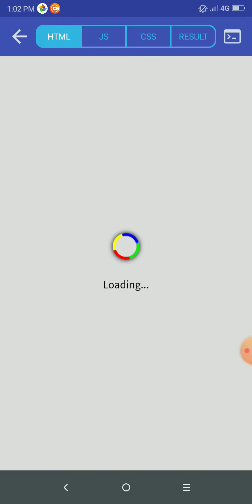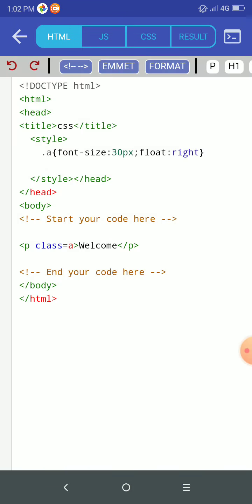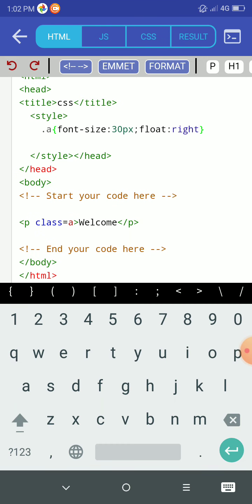Now see, here I have written a simple example, that is welcome, and I have taken the A selector, that is a class, then font size is 30, float is right. Again I am using one more extra property, that is font color, we can use color.